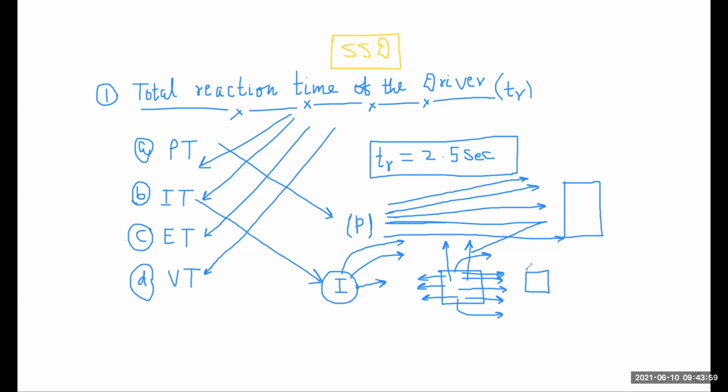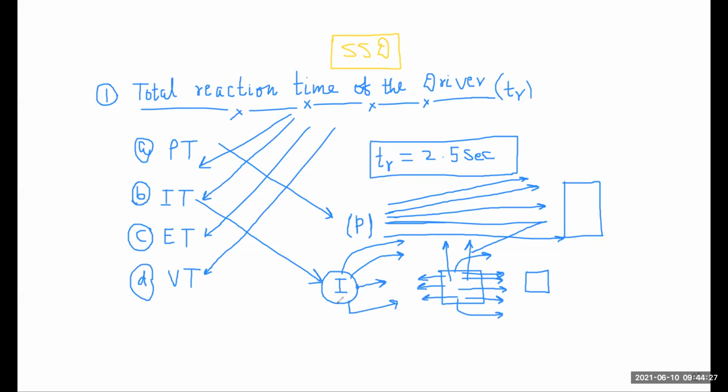Many thought processes are going on in your mind, but when your eye perceives something and sends a message to your brain, then the brain starts regrouping different thought processes. So basically our brain registers the new sensation that something is present ahead of you. This is the time taken by the driver, and this is our intellection time.